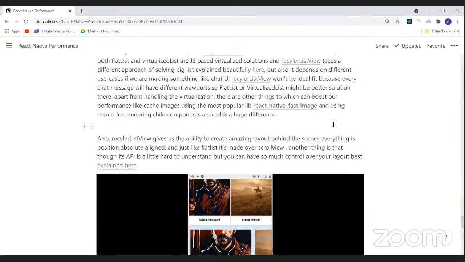So, but again, it also depends on different use cases because a chat UI with recycle list view won't be an ideal fit because every chat message will have different viewports. So their flat list might be a better solution. Apart from handling the virtualization, there are other things which can boost your performance for big lists, which are